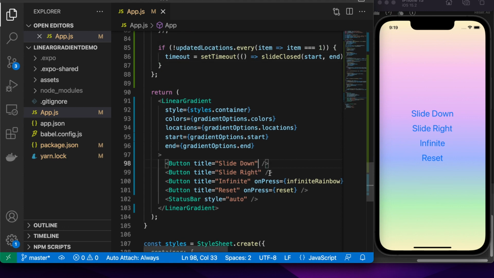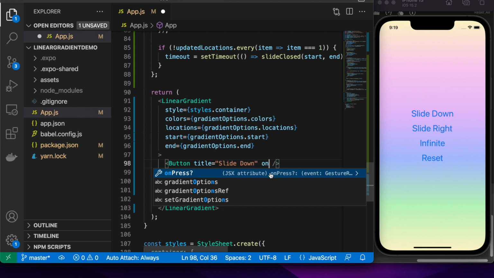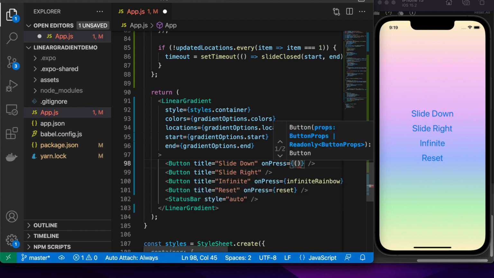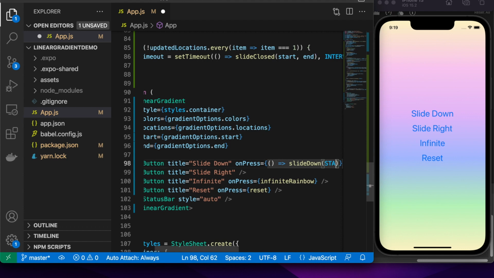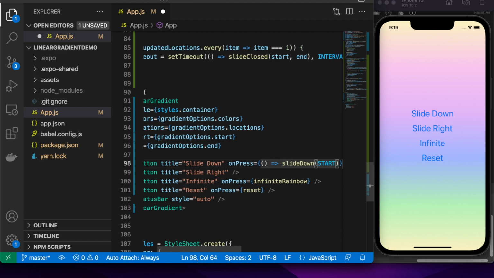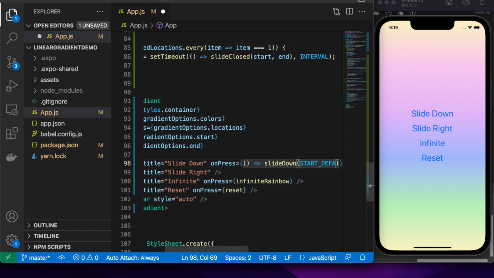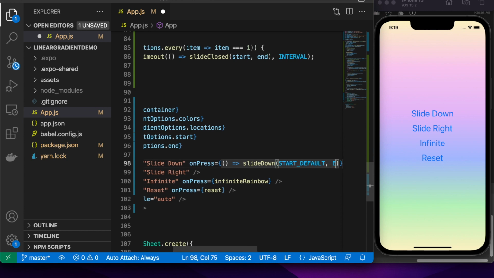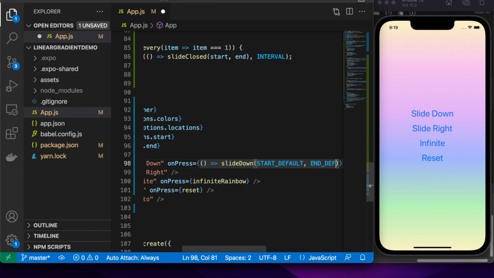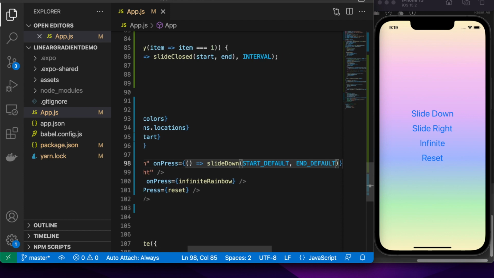Now I can call it from slide down and slide right. I'll start with slide down just because I've already got the defaults for that for the start and end. So calling my function and passing in my start default and end default, because I want it to be vertical this time.